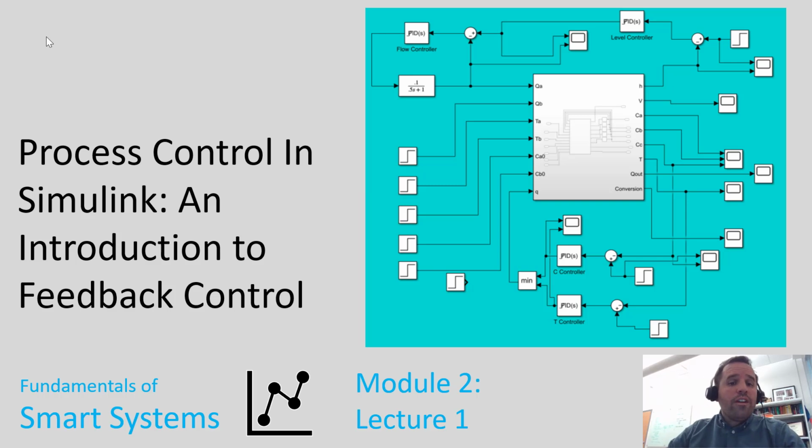Welcome to the next lecture in this series on fundamentals of smart systems. In this particular module, we are introducing process control in Simulink. Our first lecture in this module is going to be an introduction to feedback control. So we're going to be talking about process automation and some of the fundamentals of how you automate a process